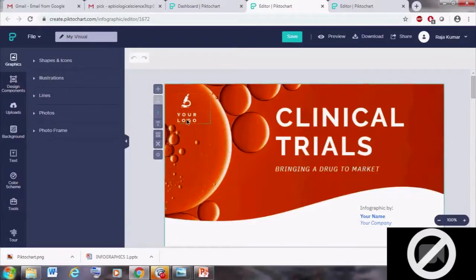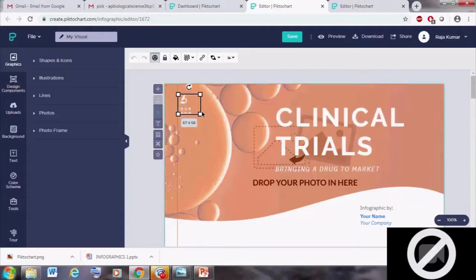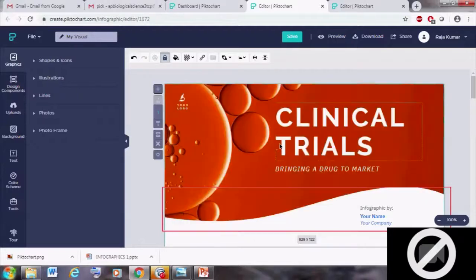Here you can insert your company or institution logo. Here it shows a picture-like page.